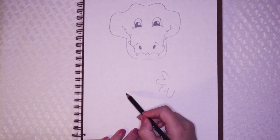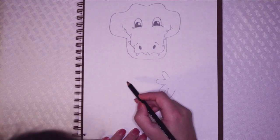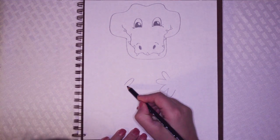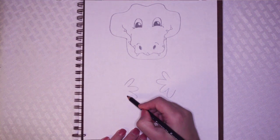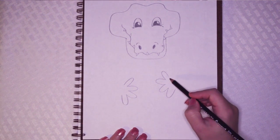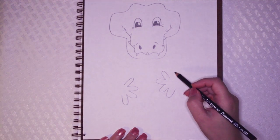You may want your front foot a little lower, a little higher. You might want them in the middle. I think I'm going to put mine a teensy bit lower. And again, we're going to count 1, 2, 3, and 4. Now we have to draw his arms, and we're going to start with the inside of his arm,